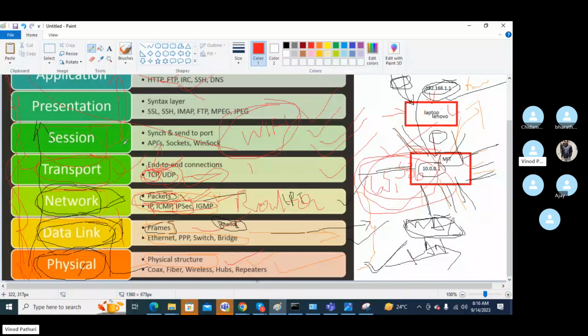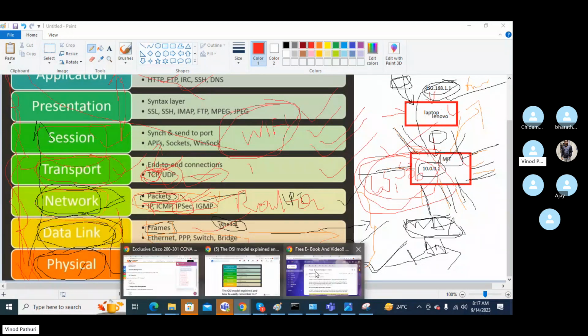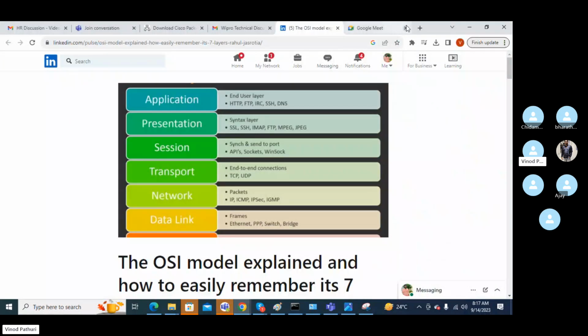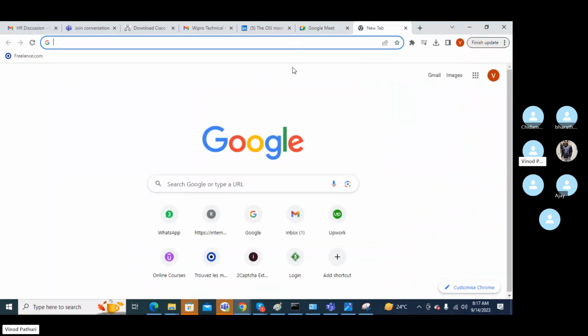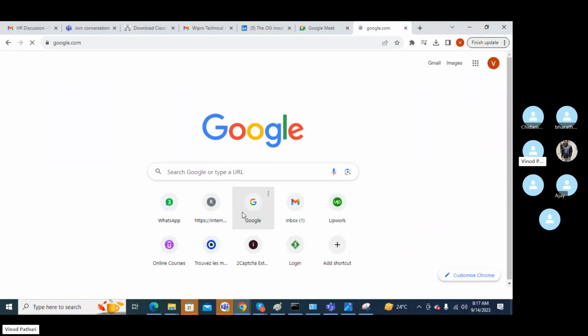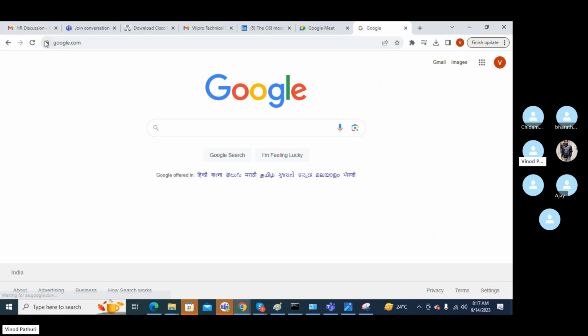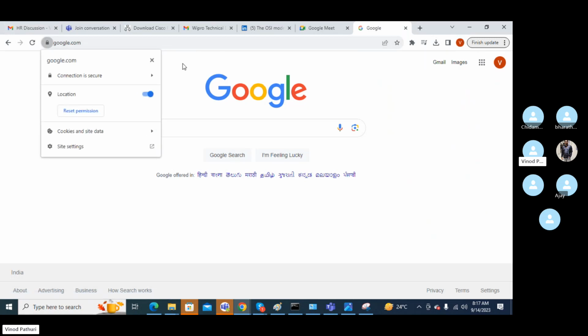From establishing it, and as long as you are continuing in the session, it needs to maintain the session, like the data transfer and everything. And suppose you are using Google, you are not the only person using Google, there are many persons. So it needs to establish a reliable connection between you and Google.